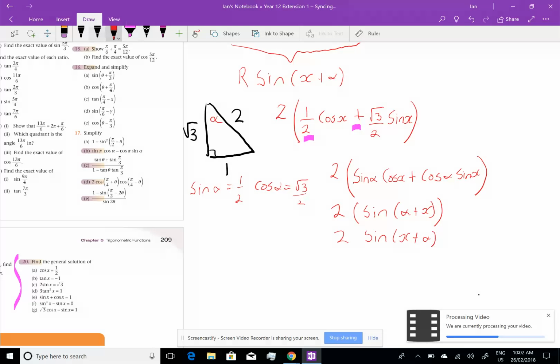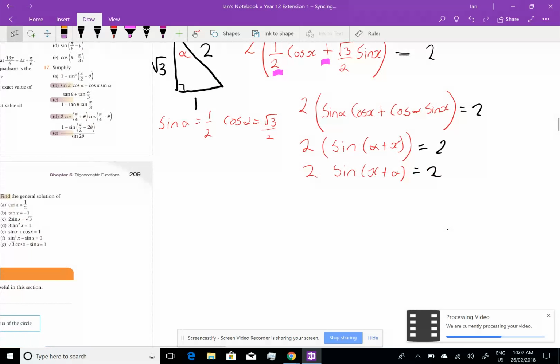Now if I put back my equation, if I then say, well, that equals 2, I can now solve it. The first thing I do is I divide both sides by 2, and I get